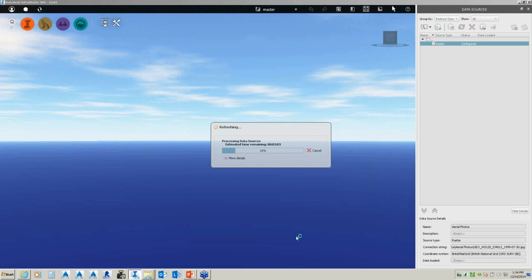Well, this takes hopefully not 3 minutes, but being able to drag and drop data straight from folders into InfraWorks 360 allows you to do that also.